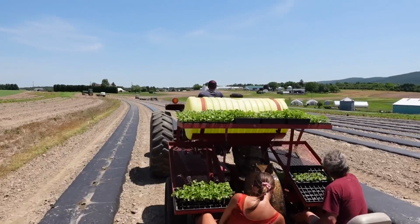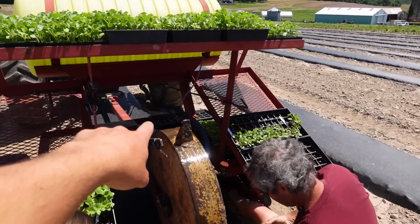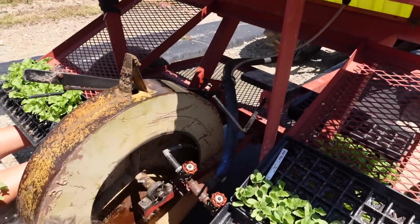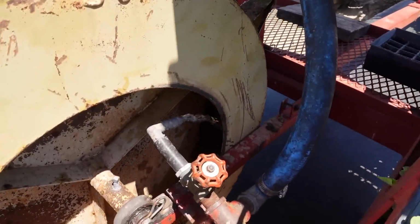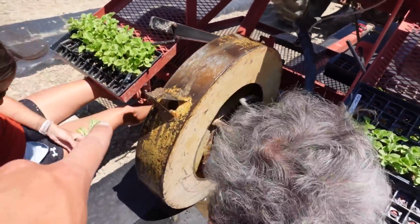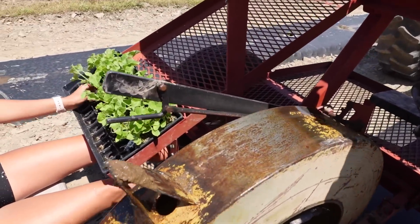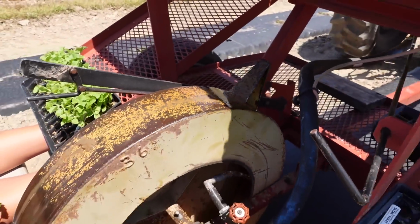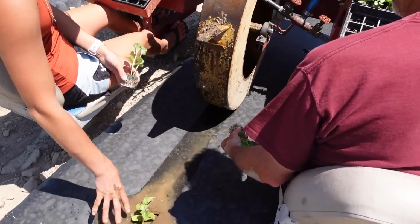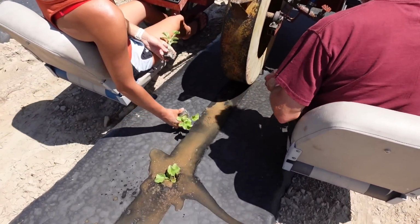It's kind of just like before. They have the water tank up top. It comes out of the water tank through this blue hose and then into this water wheel here, where you can see the water coming out. And then as the wheel spins, it has these spikes on them. And inside of that spike is a hole right there where the water comes out when each plant gets placed into the hole. And then Dad and Sammy's job is to make sure they press that plant firmly into that wet soil,